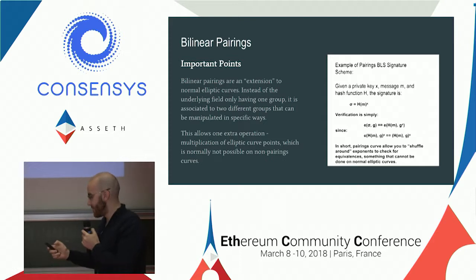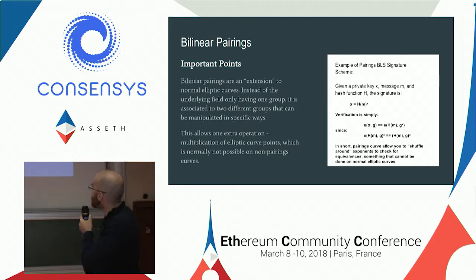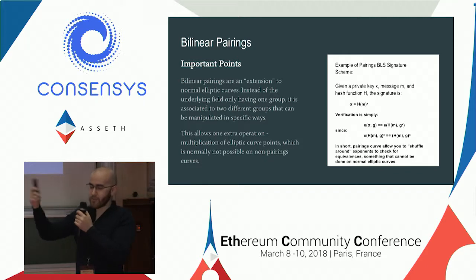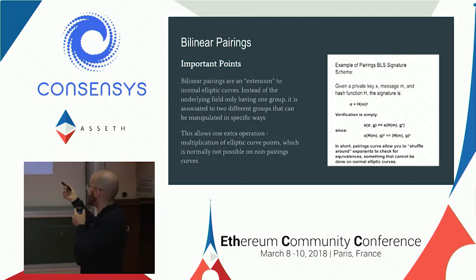So here's an example of a BLS signature. Given a private key x, message m, and a hash function h, the signature sigma is the message run through the hash function, which is a number. Or actually, sorry, this is hash to elliptic curve point. So you hash to a number, convert that to an elliptic curve point, and then raise that to the x, which is your private key, and you get a signature, right? And the verification of the signature is simply